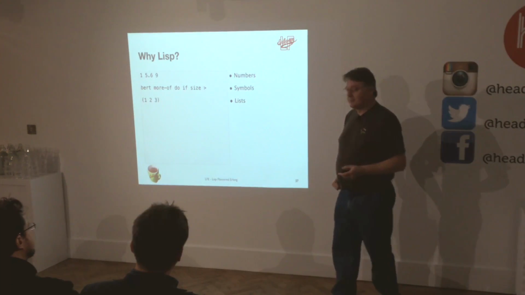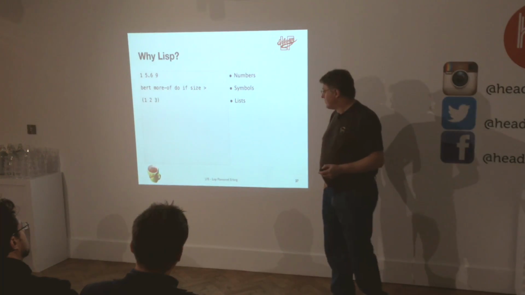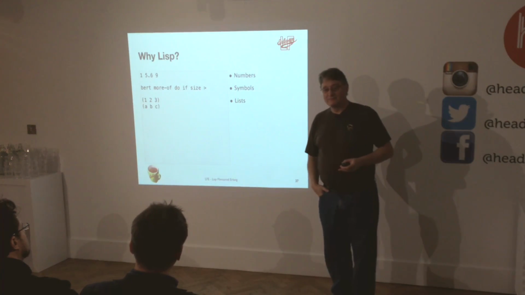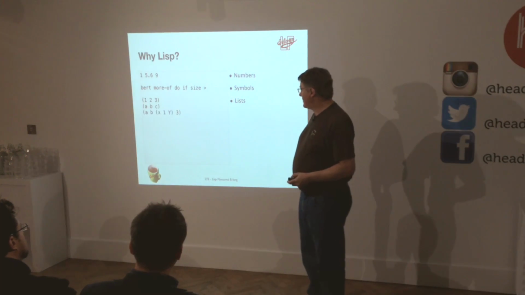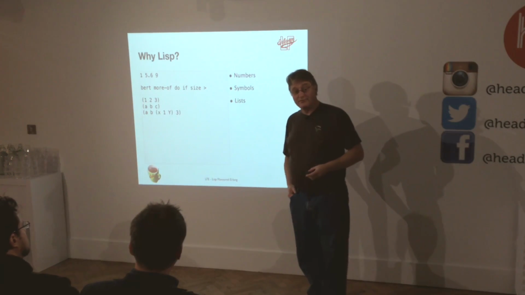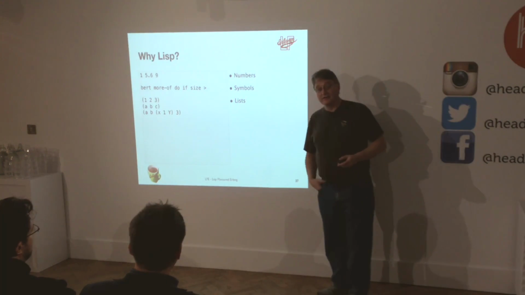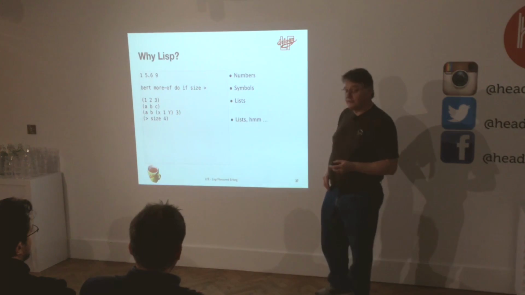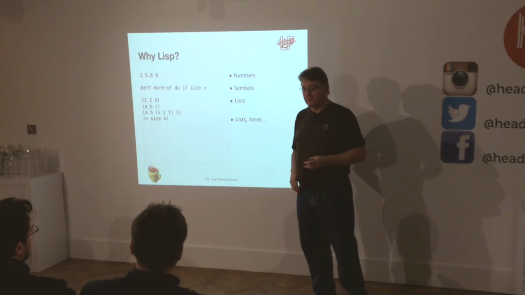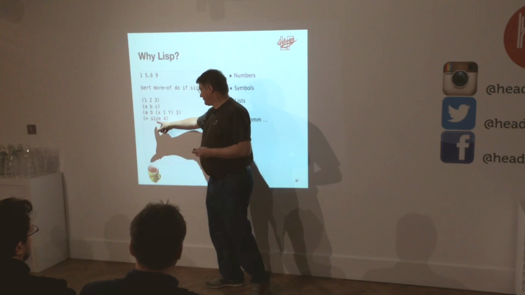We have lists. Here's a list: 1, 2, 3. That's nice. We've got a list of the symbols A, B, and C. We just write them down in parentheses. We can have lists inside lists. So this is a list of elements where the third element is, again, a list. We can build up lists like this. Here's another list. That's a perfectly decent list, but it's got the symbol greater than, the size, and 4 here, right?